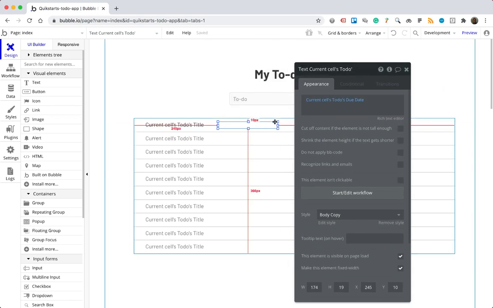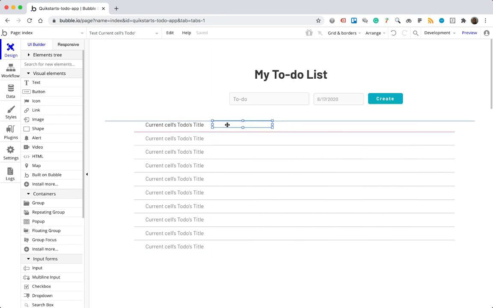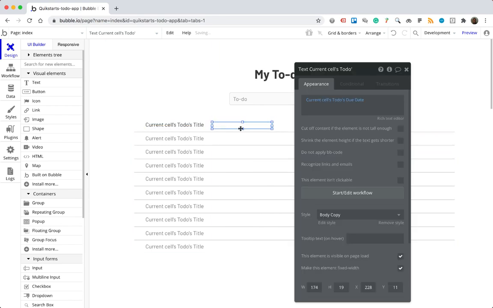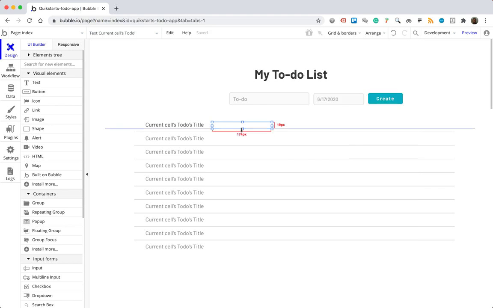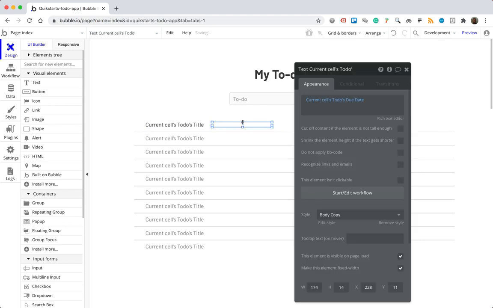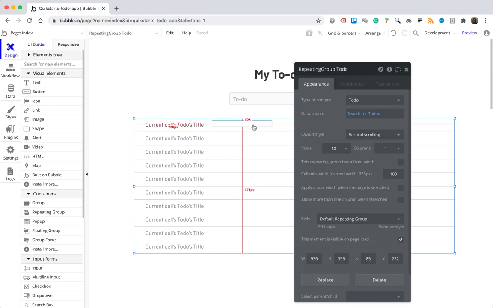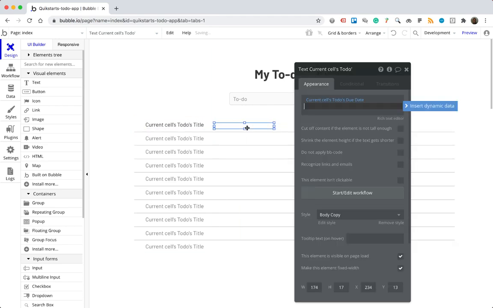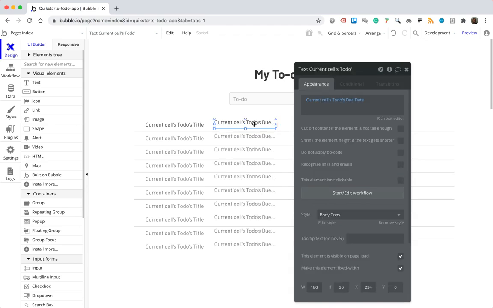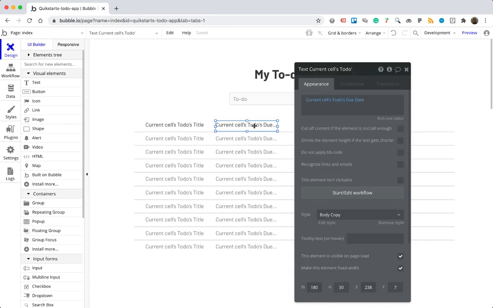And just to point out very quickly, if you notice, I dropped this text element on the stage, but it did not populate in the other cells as it did here. Sometimes it's about positioning with Bubble. Sometimes you have to make the text element a little larger or a little smaller to get it to show up the way that you want it to. All right, there we go. And now that that's done,